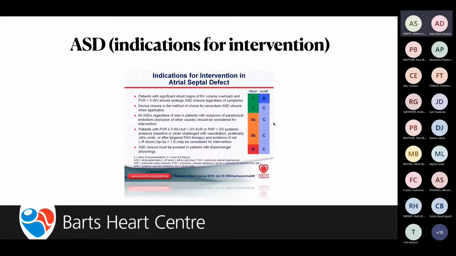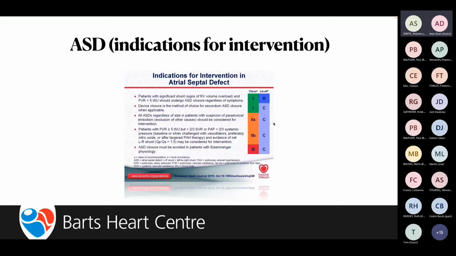Just going on to ASD, procedurally wise, it's quite similar, although the devices are slightly different and it can be more challenging because you've got a much larger hole. But indications for intervention are slightly different. I did mention to you that cryptogenic stroke is an indication, and that's in there. But the other indications, as per the ESC guidelines, are